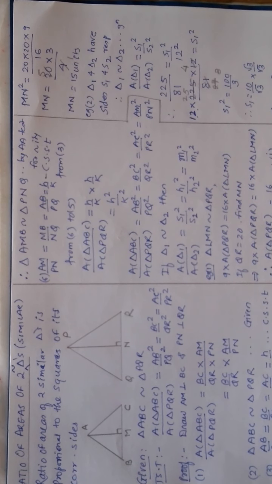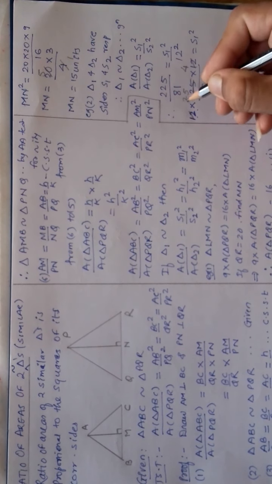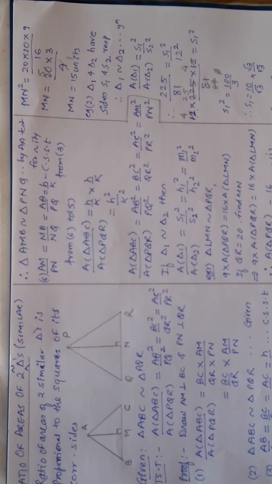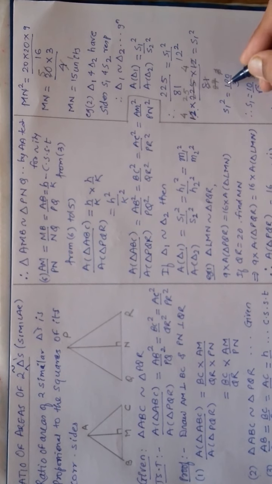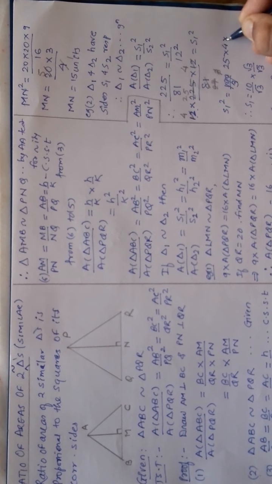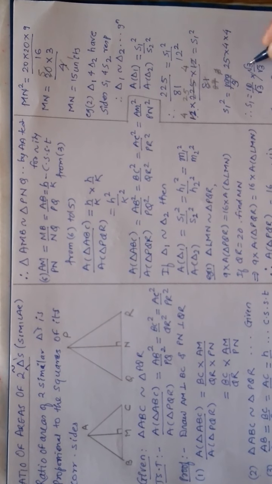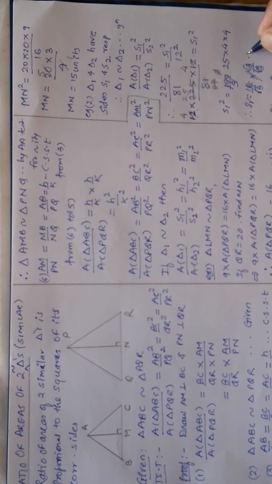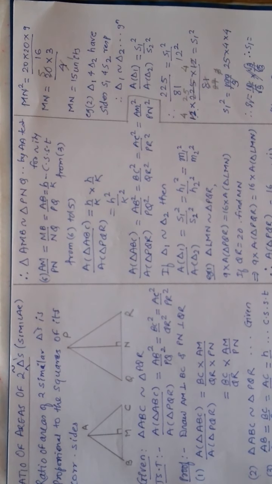Right? So this 3 divides here. So it becomes 4. So I get actually 25 into 4 into 4. When I got this answer as 10 root 3 by 3, that time only I got doubt that there is something which is missing. So now I get here, therefore your S1 will become square root of 25, that is positive,